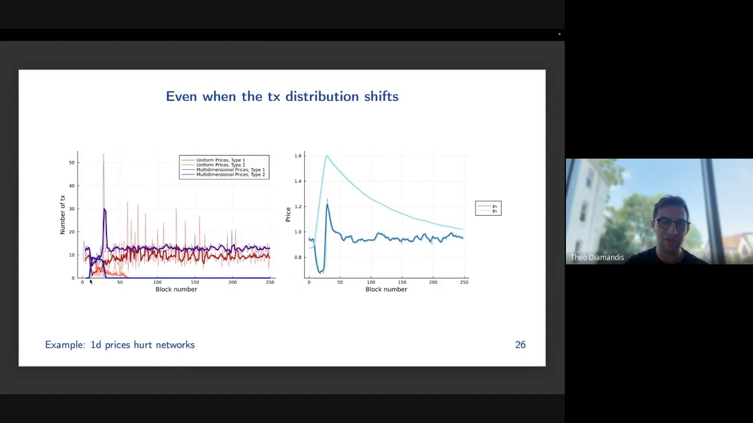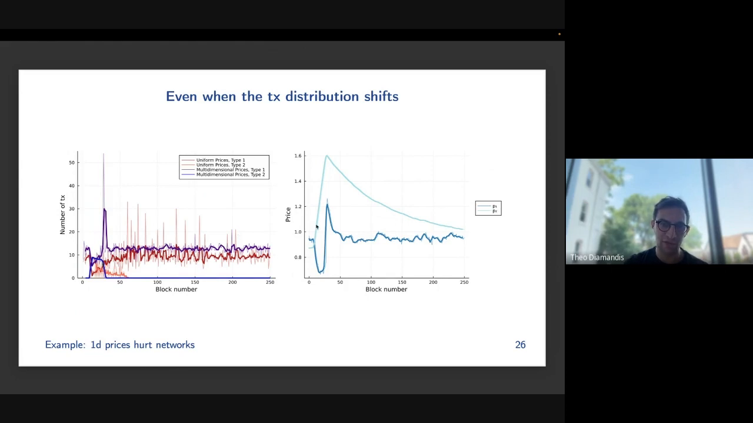at block 10. And you can think of these as, say, something like an NFT mint, anything where the steady distribution of what people do on the network is going to change for a very short period of time. And the two bluish lines are the throughput under multi-dimensional prices. In terms of number of transactions, the two orange and red lines are under uniform prices, so the single dimensional prices. And you can see that we're getting better throughput on both types of transactions by using multi-dimensional